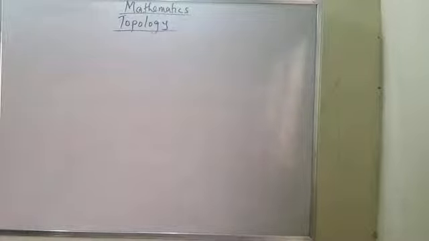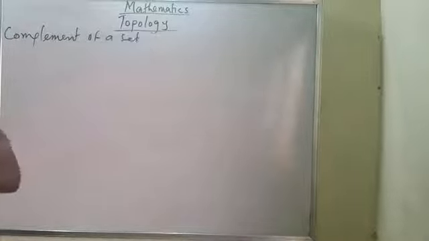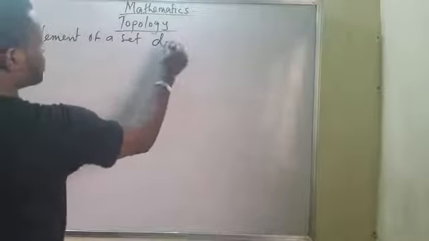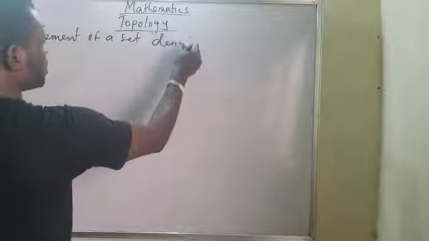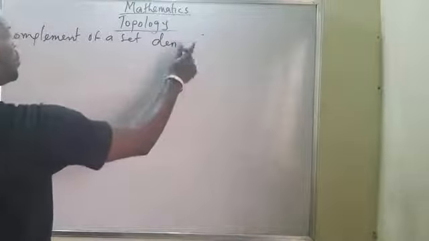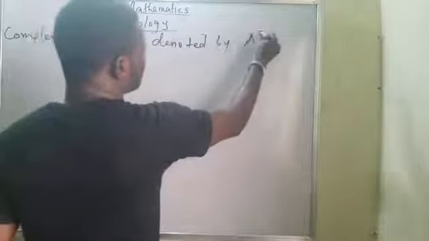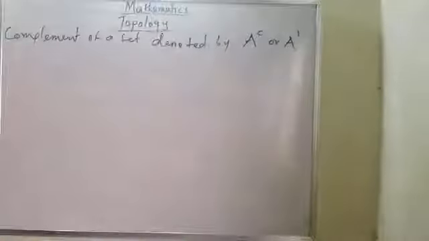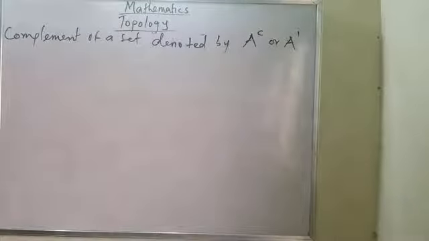Now, the complement of a set is denoted by A complement or A prime, any of the two. Now, if I have something like this, it means complement. In interpretation to a layman, it means,